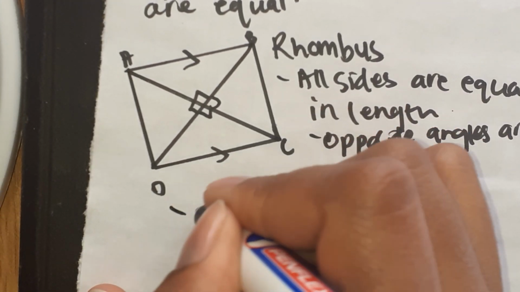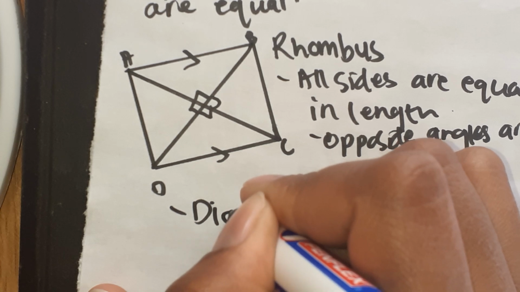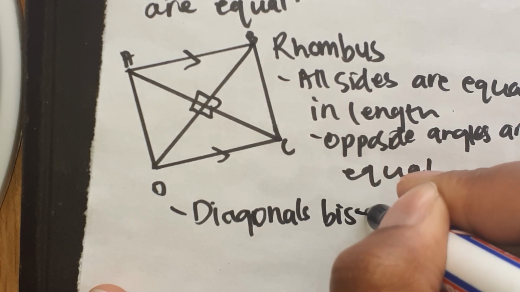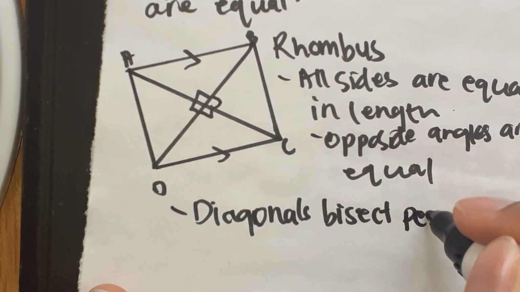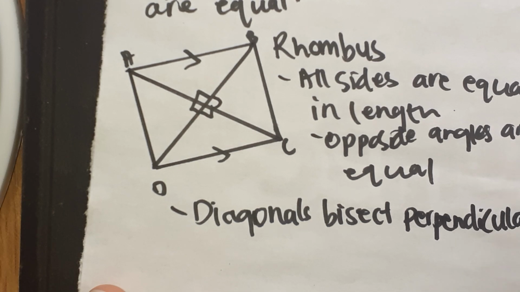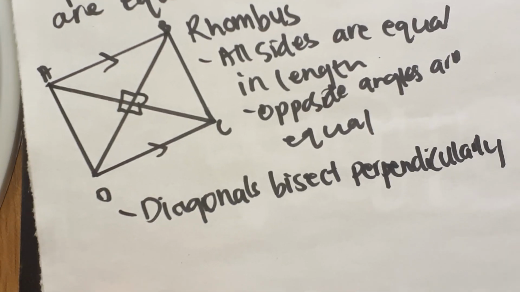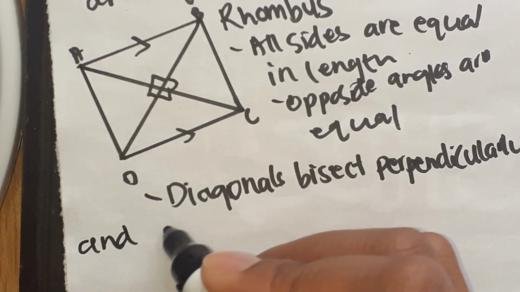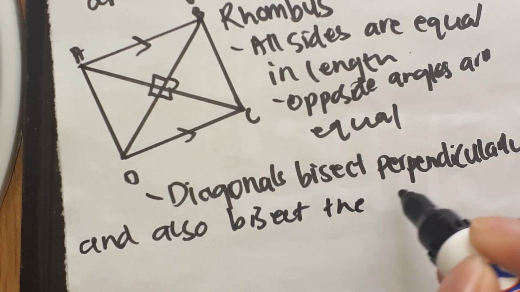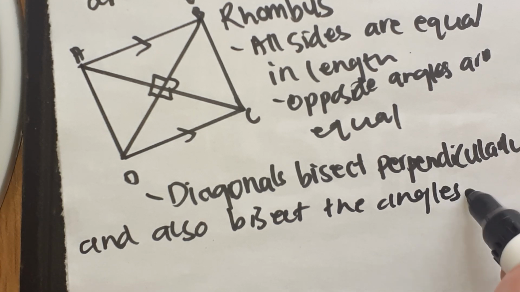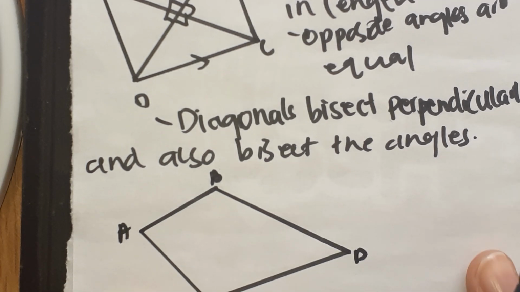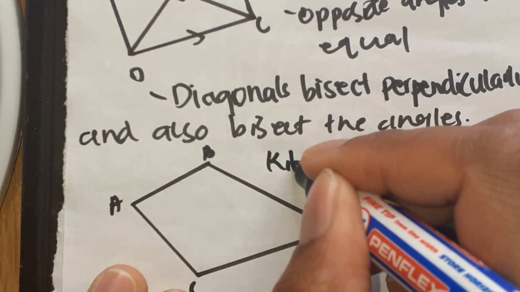So diagonals do not just bisect. Diagonals, they bisect perpendicularly, and also bisect the angles. That is the rule. And here is what we call a kite,